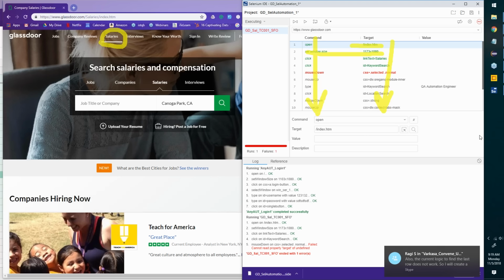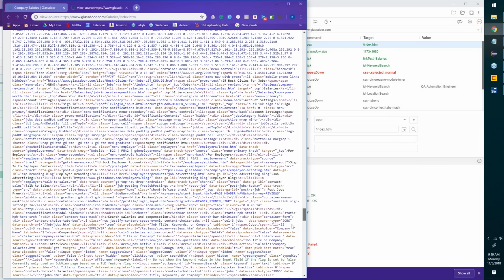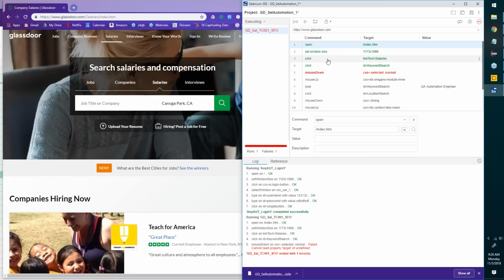Now, in this specific thing, my command is here, and what I do in the target is the element identification. What is link text? What is ID? What is CSS? There's no XPath so far. How did it identify? Selenium did it since it was recording.